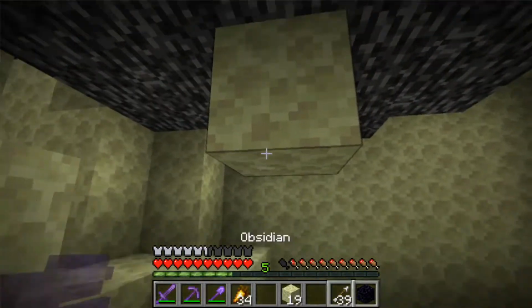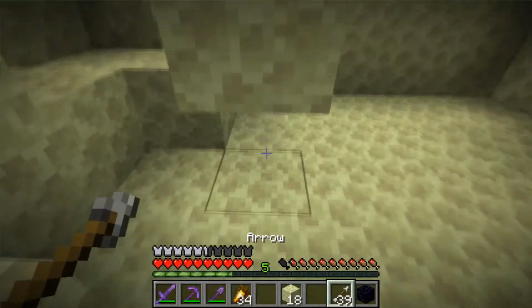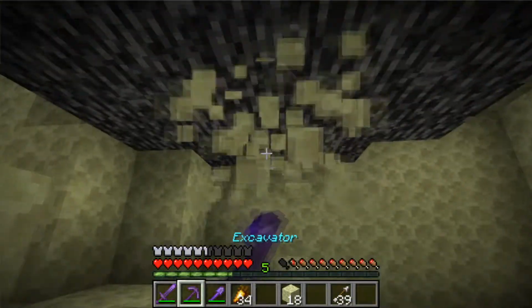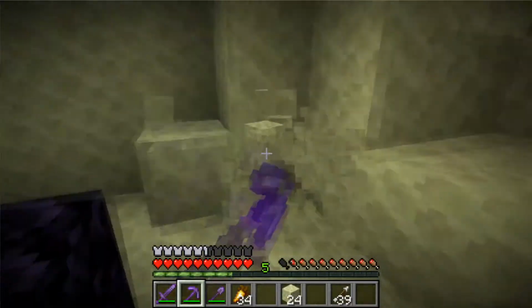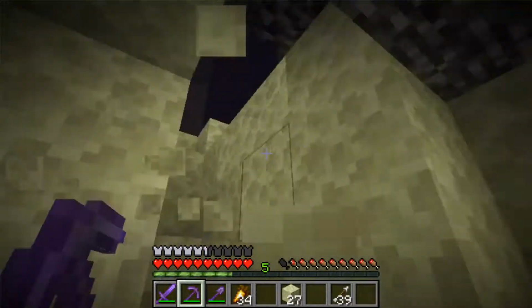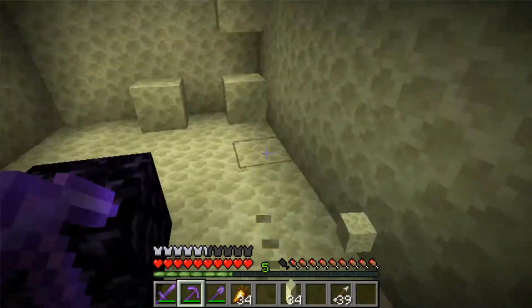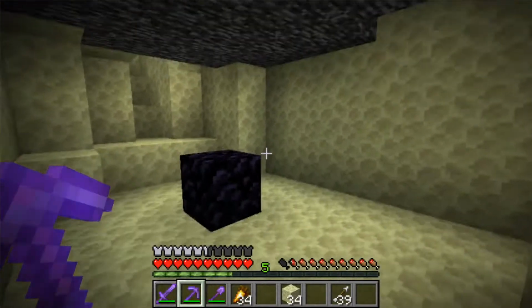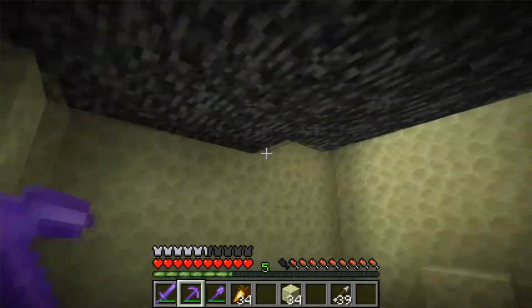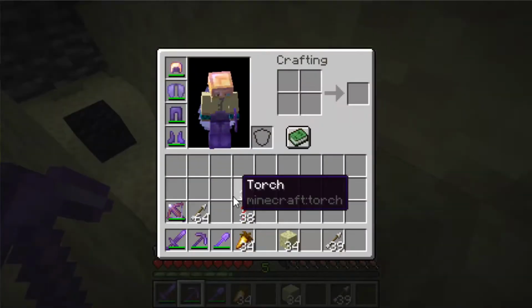Now, the wither is 3 blocks tall, which means I want to put the obsidian right here, hopefully. Now, I can't remember if 1.16 got rid of this, so this is why it's super dangerous. But potentially, the wither can escape this, which is not great. Which is why I brought a little extra protection,